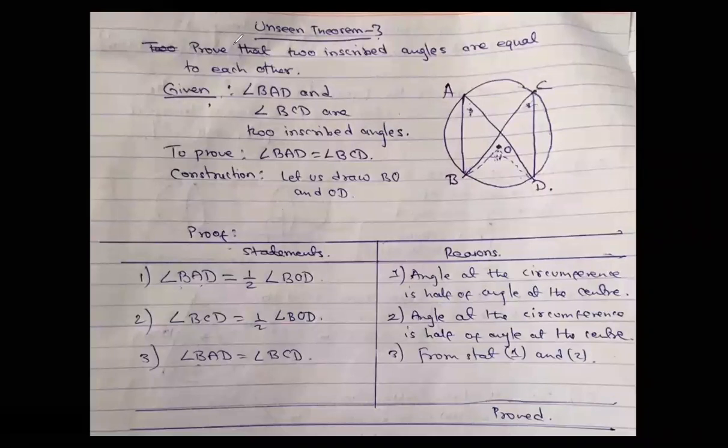Question number 3, answer number 3. So this question, we have learned about the inscribed angle. So this angle and this angle, they are called inscribed angles. So I told equal angle also because in the shape of a butterfly, so that's why we call this